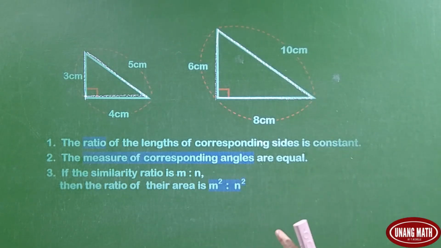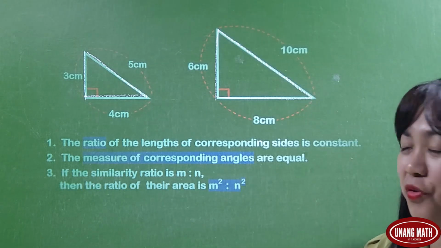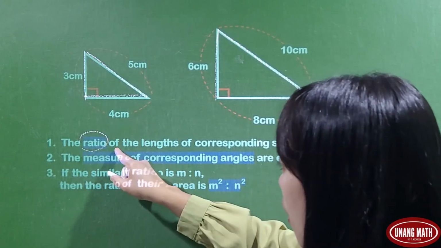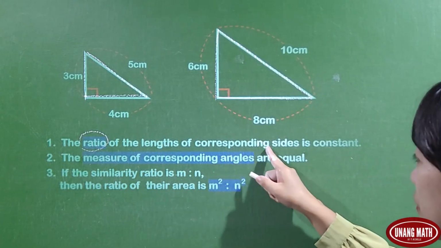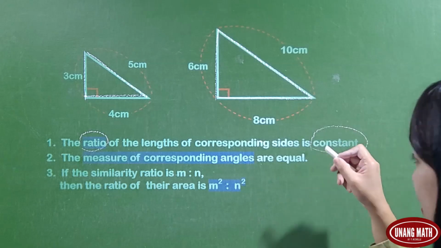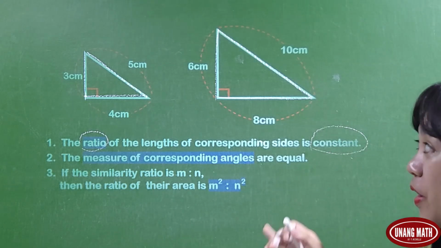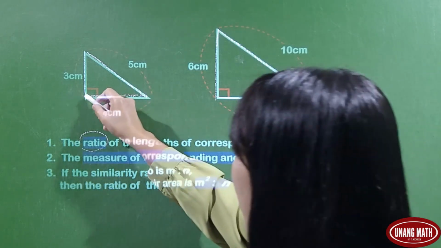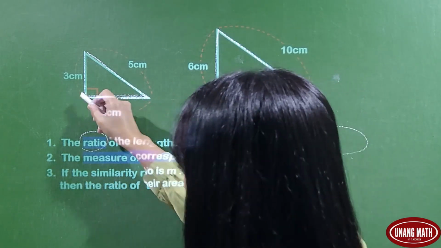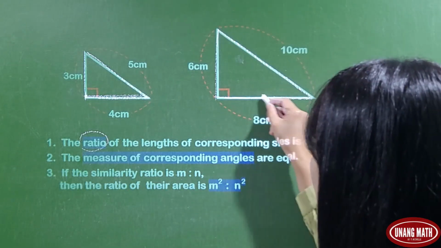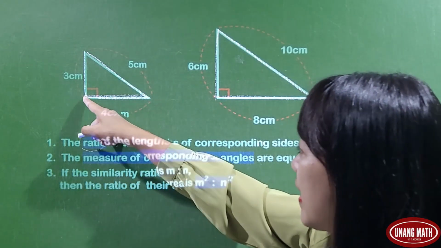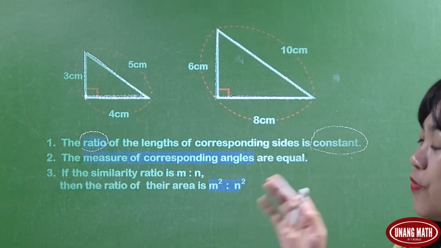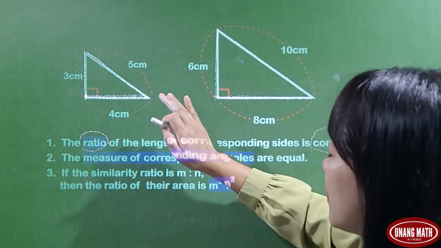The first property of similar figures that you need to understand and remember is that the ratio of the length of corresponding sides is constant. What does this first property mean? As I said a while ago, this side corresponds to this side. Given that this is 4 centimeters and this is 8 centimeters, if we are going to get the ratio,